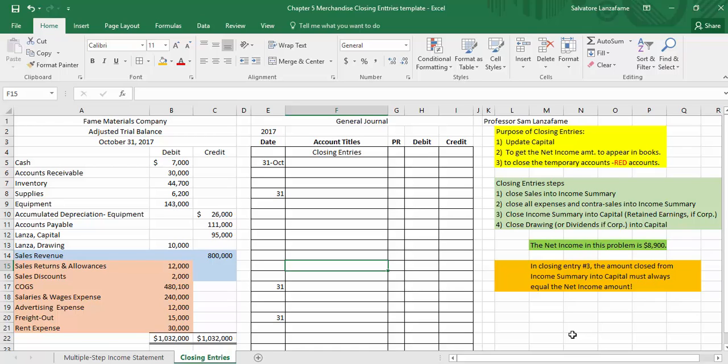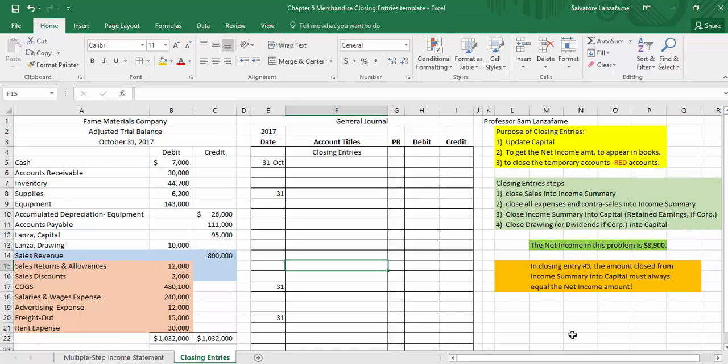Notice over in the trial balance, they are on the debit side. So expenses along with the contra sales, they act as a reduction of sales. So they get treated in the same journal entry. So we close them all into income summary. Closing entry number 3, once we have a balance in income summary, we close that into capital. And by the way, if this was a corporation, instead of capital, we would be using retained earnings. Finally, the last closing entry, you may or may not need to do it, depending on if the account was